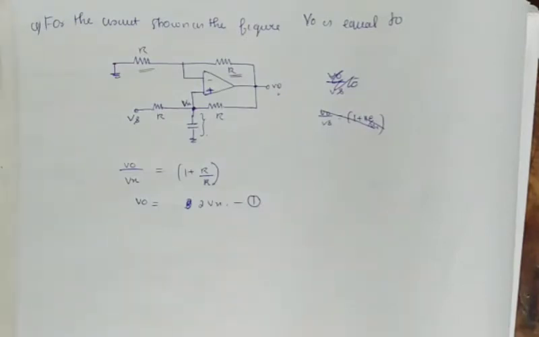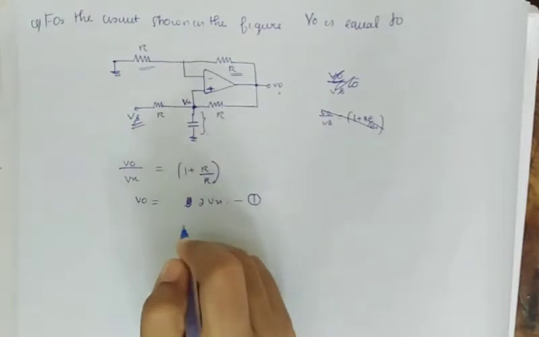And now we have to find out what is this Vx. Ultimately we have to find out what is our V0 with respect to our actual input, that is Vs. So we'll do some calculations and some analysis using KCL and find out the relation between Vs and Vx, so that we will get V0 in terms of Vs. That is what this op-amp is actually doing, right?